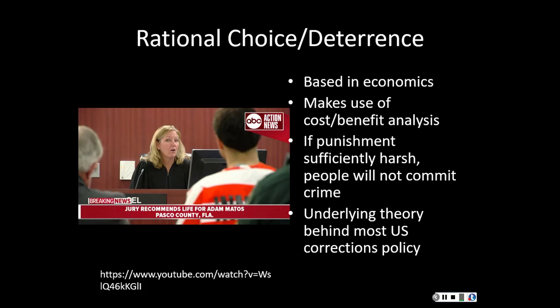to commit the crime. Now, when we find that crime rates go up, and this is how this policy plays into it, many times using this lens, we think the reason why is because we don't punish harshly enough. Although economists have come to question that if I give somebody 22 years and I increase it to 25 years, whether that 3 years is going to impact behavior. And there's also a question that when people commit crimes, they assume that they're going to get away with it. So many times this cost-benefit analysis doesn't occur.